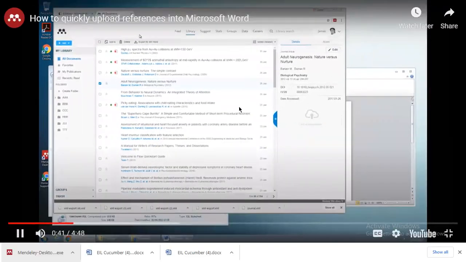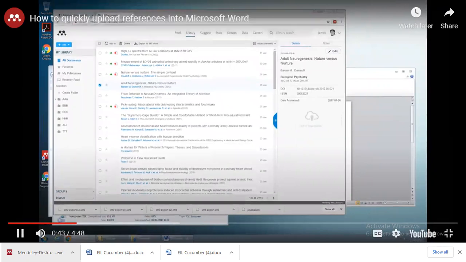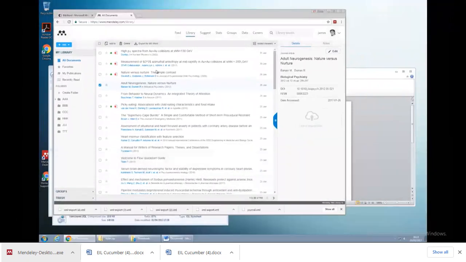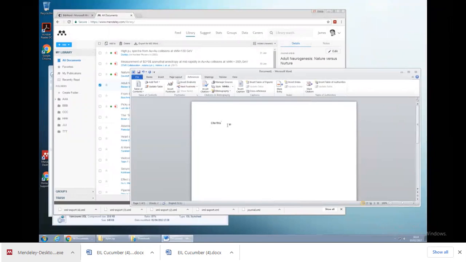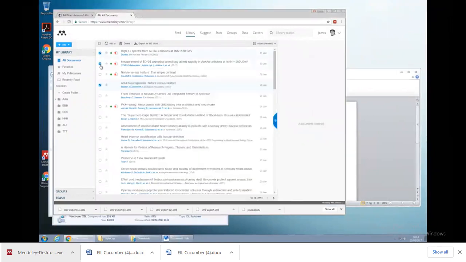To get this, you have to sign up to Mendeley, and there are other videos to get you to populate this with your references. So I'm just going to show you the export of this reference into Word. So you just highlight the references that you want. Let's say I just want these 5 references, and I go to export for MS Word, and you see that